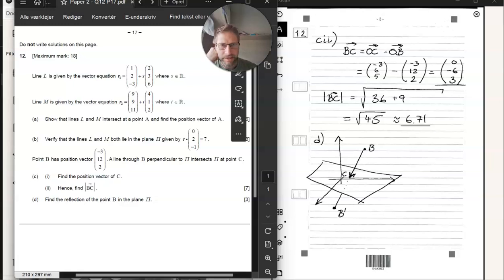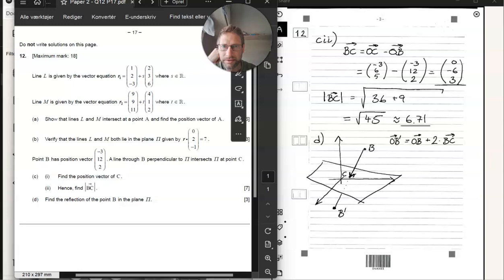So we start realizing that we've kind of done all the work already, because we have this vector BC. And how am I going to get hold of the point down here? Well, if I start at point B and then I add 2 times this vector BC, then I'll get this point. So I'm going to say that OB prime, the vector from the origin to B prime, we can get by taking the position vector of B and then adding 2 times